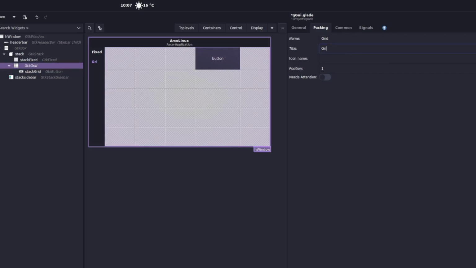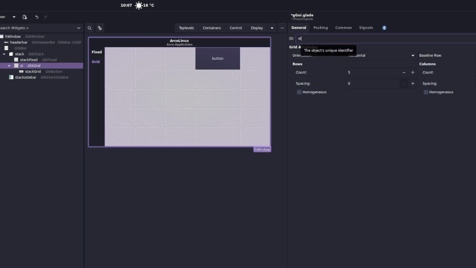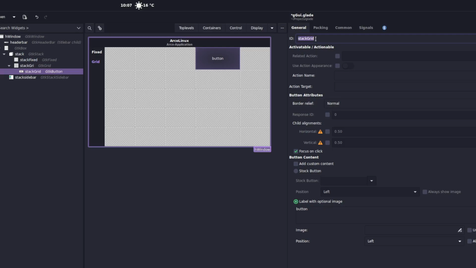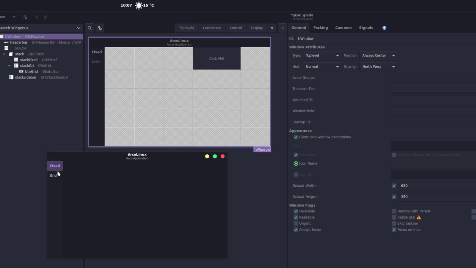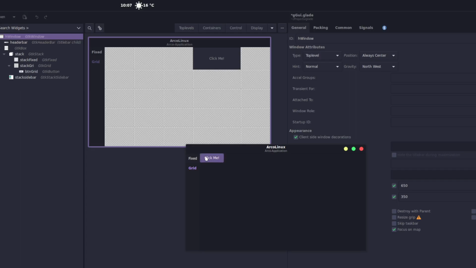Grid, and that was the button I did there. That should have grid, and that's meant to be a button. Okay, so we haven't done any of the attributes here or changed the size or anything yet, but let's just run that. So we've got fixed, there's nothing there. Now we've got our grid. Notice how the click me's gone right over here to the left hand top because there's nothing else in these